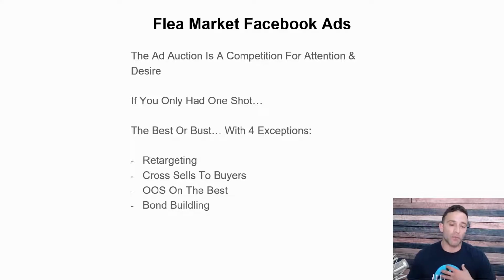And then bond building. We have some really cool strategies. I won't have time to go into this right now, but we have really cool strategies on the advertising side, not just on email, SMS, and everything else once we've got them on our list. On the advertising side, we have some really cool tactics and strategies to build up that bond, and we absolutely put some money behind that. Not a lot, but we do put some behind it to get their interest going so they'll buy again in the future. So those are the 4 exceptions, but just remember, this is not a flea market